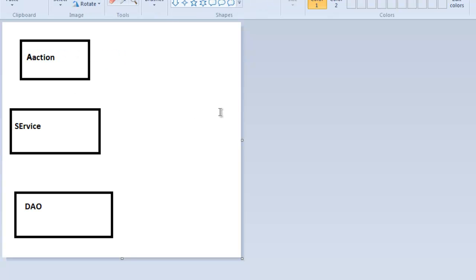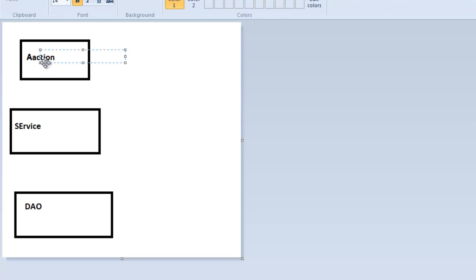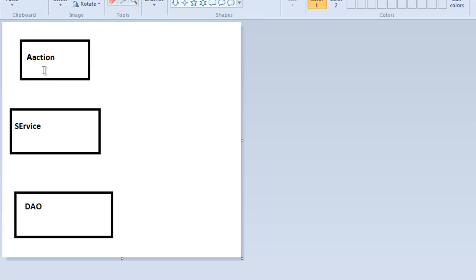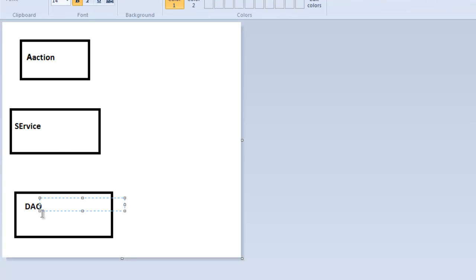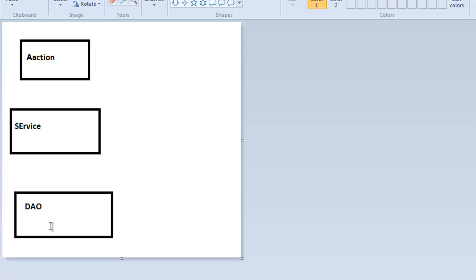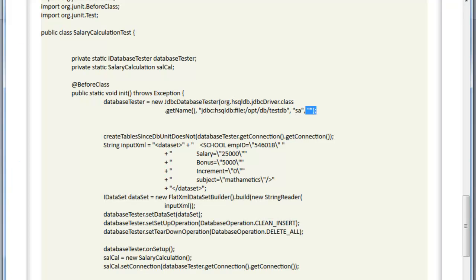Our application context will have all the connectivity. Nowadays Spring is everywhere, so always we try to use Spring injection. Based on the injection, we inject all these objects. So for test cases also everything will be the same except the DAO connectivity details. If you want to use the same applicationContext.xml, you can directly use that XML file. Except the DB details, the HSQL DB details, everything we can use as it is.